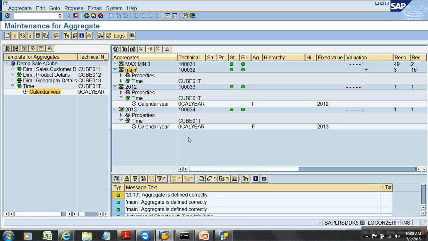Otherwise, if it takes again from the cube, it has to take a lot of data and compress it into the form of 2012. But I already have my aggregate, which is already compressed. I can take it from here instead of taking it from the cube. That is called roll up hierarchy. Okay, and this is aggregates. With this we are